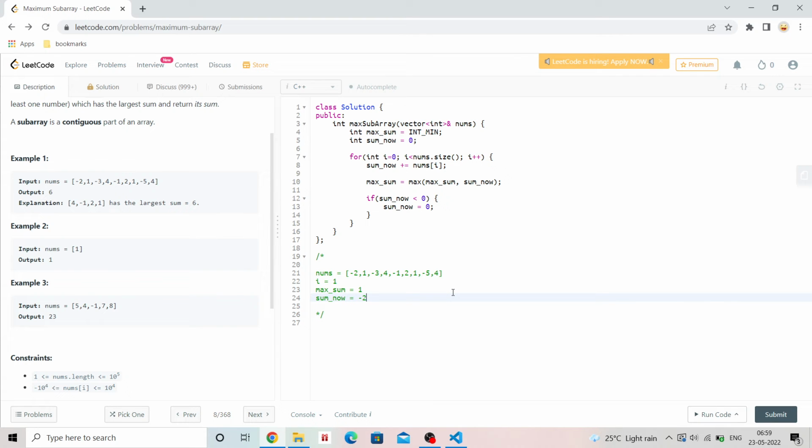And in the next step, since sum now is less than 0, this value will reset. Then in the next step, we will take 4, and then we will compare these values. 4 is the maximum, so we'll keep the maximum as 4. Then there is -1, so sum now will be 3,